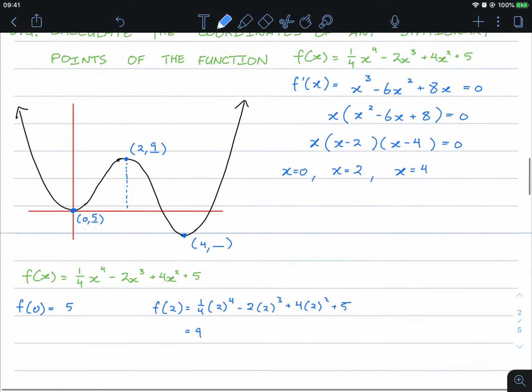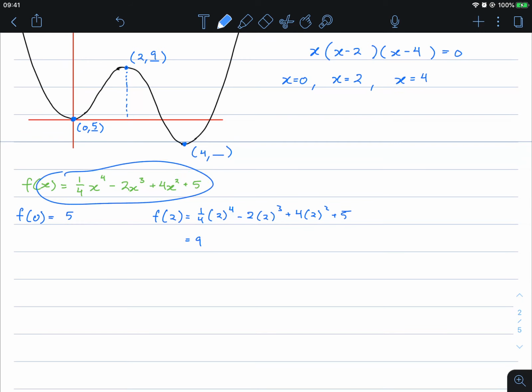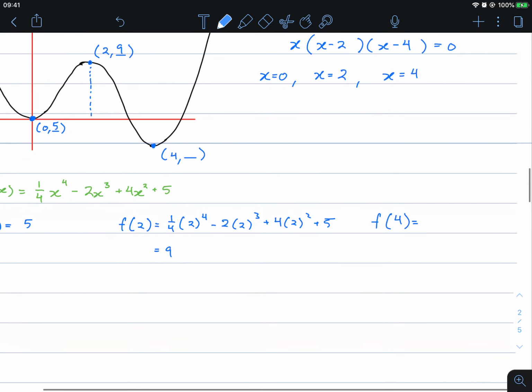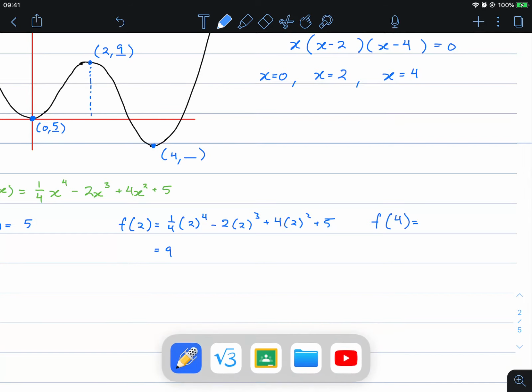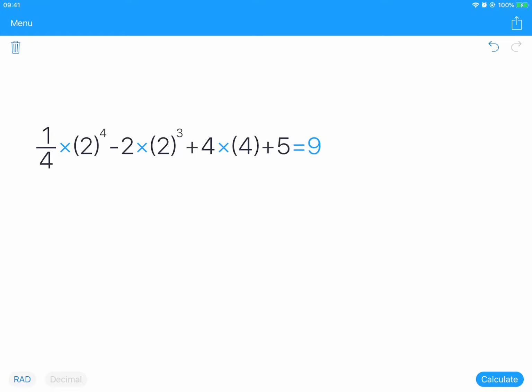As for the last one, once again, we're going to substitute x equals 4 into the original function to find the coordinates. So f of 4 is equal to, I'm just going to substitute this in, I'm not going to write it out, make it nice and easy for myself. Change this to 4, 4,